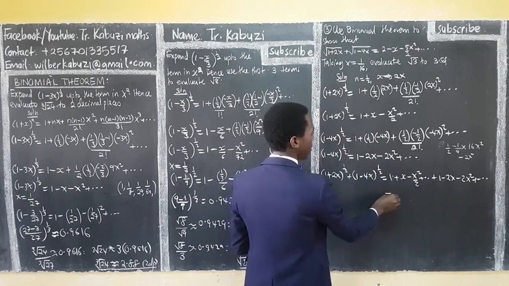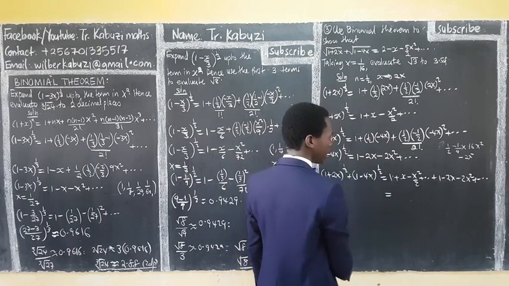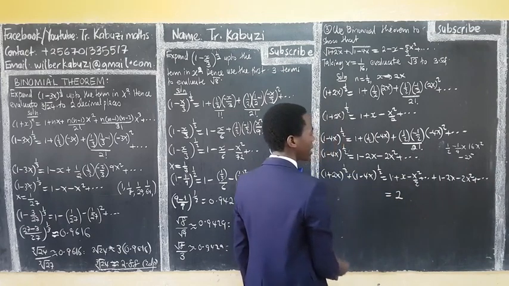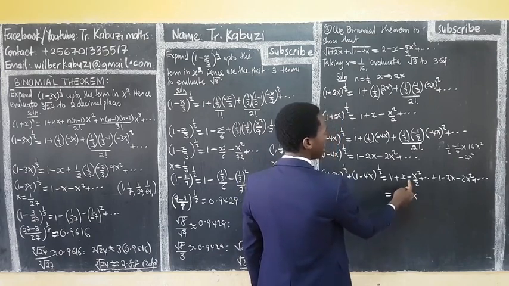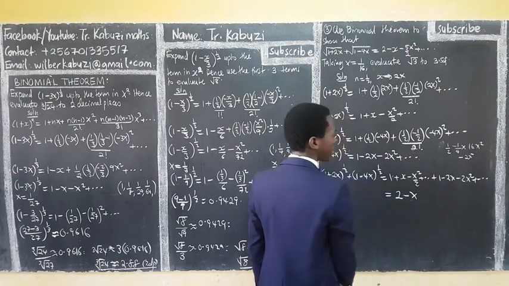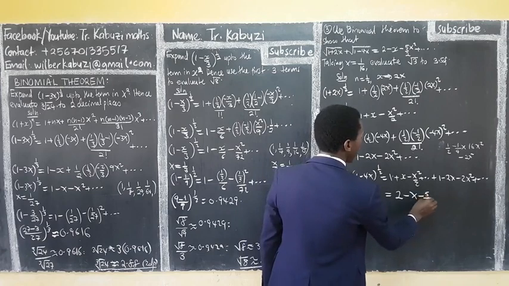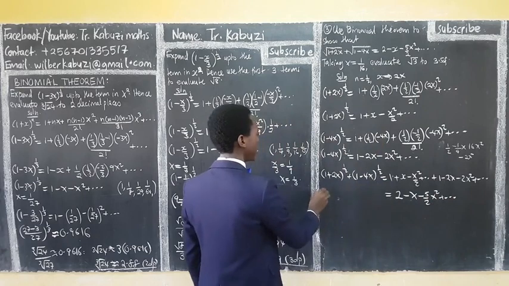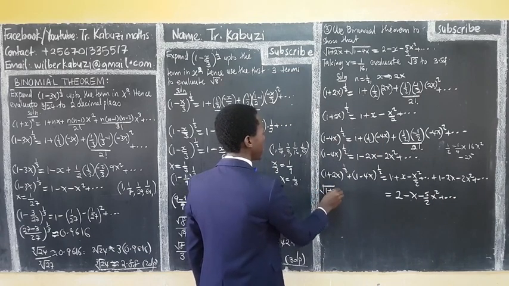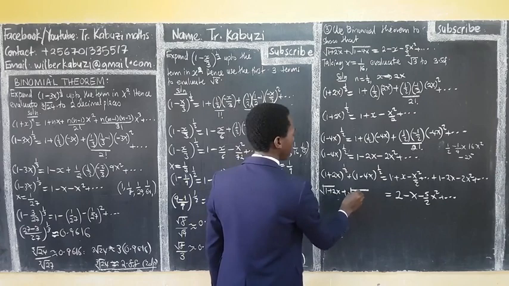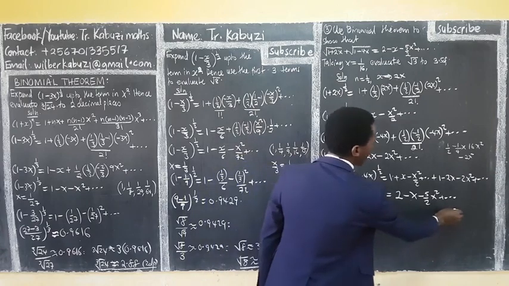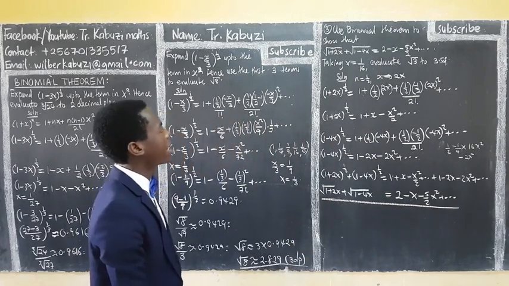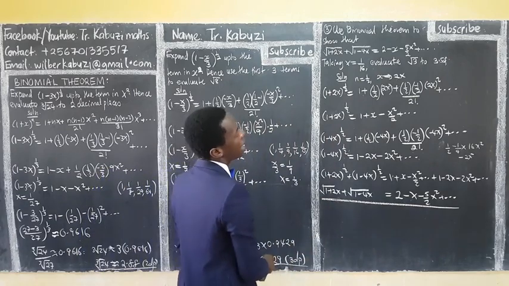You see that now what I'm going to get, this one plus this one, we get 2, then x plus minus 2x, get negative x, then negative half minus 2, we shall get negative 5 over 2 x squared plus other terms. And we have shown that the square root of 1 plus 2x plus the square root of 1 minus 4x is equal to that, like that. Then using x equaling 2, now here I'm not going to compute